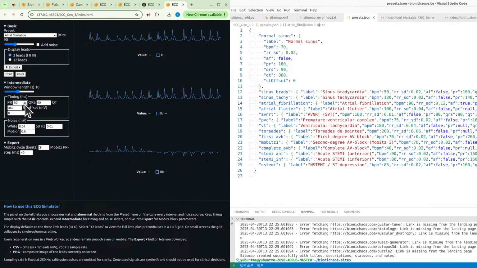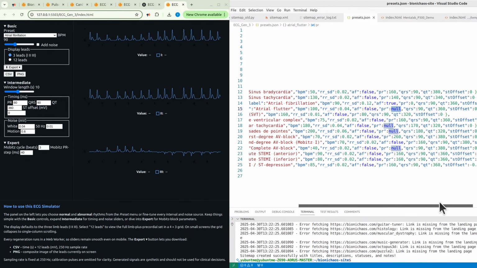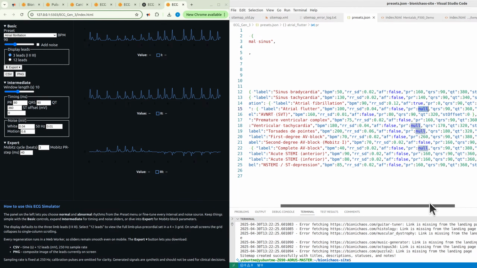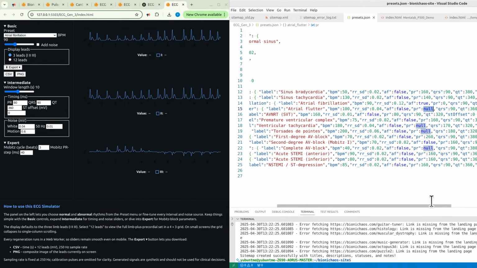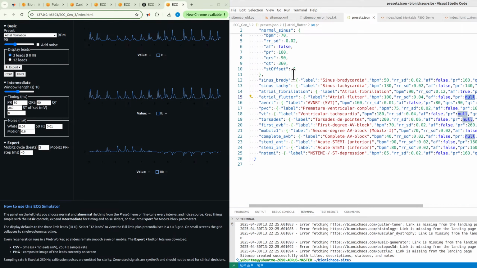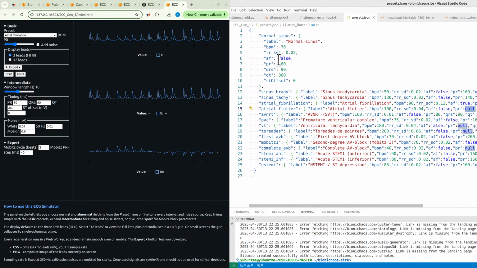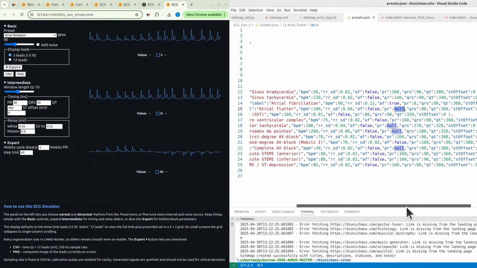We can make it, or we can make it a small number. Yeah, the nulls are currently not being considered. No, I mean they are. If that value is null, then the default value from the normal ECG is being selected, which is a problem.